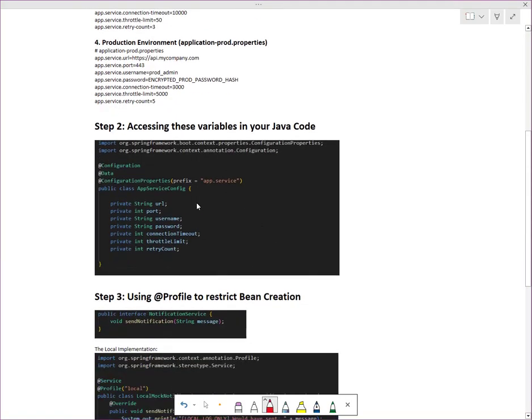Now we have prepared those things. Now we have to access those variables through our Java code, right? So that is our step two. While you could use the @Value annotation, and under that use app.service.url for every single variable, that gets messy quickly, right? In our earlier video, I told you how to use the @Value annotations. But if you use @Value for every single variable, then every time you need to specify that @Value,